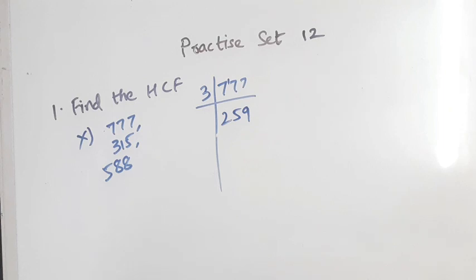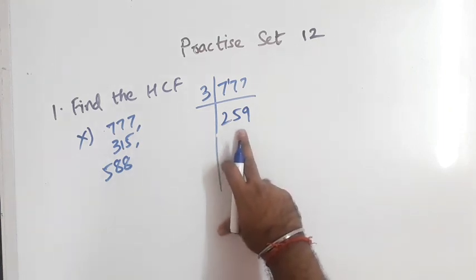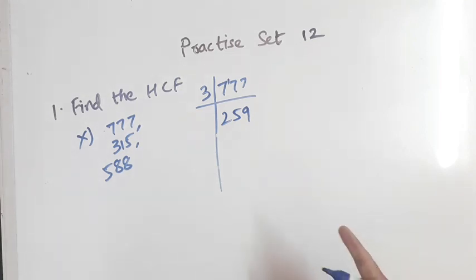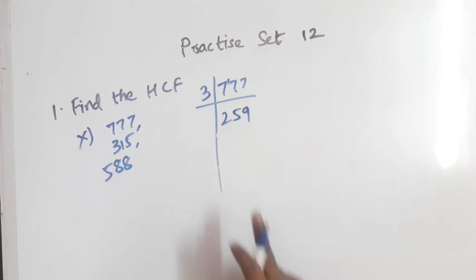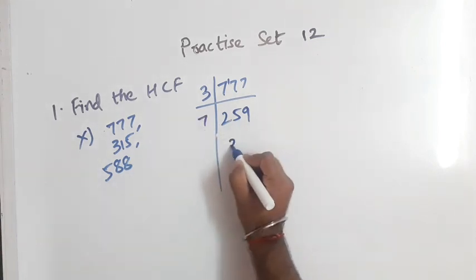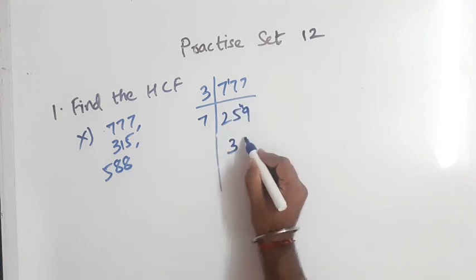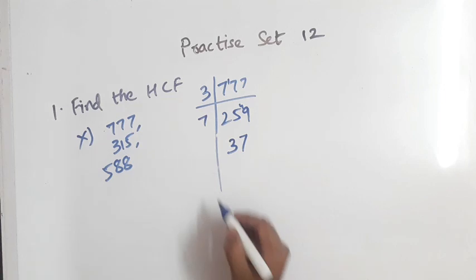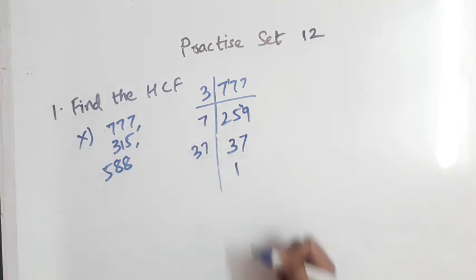Okay. Now what is the total here? 9 plus 5 is 14, plus 2 is 16. I cannot take 2, I cannot take 3. So what can I take now? The next number is 5. I cannot take 5. The next number is 7. Let us check with 7. Yes. 7 3s are 21. 4 remains. 7 7s are 49. Okay. So 37, you know it is a prime number. So I'll write 37 ones are.